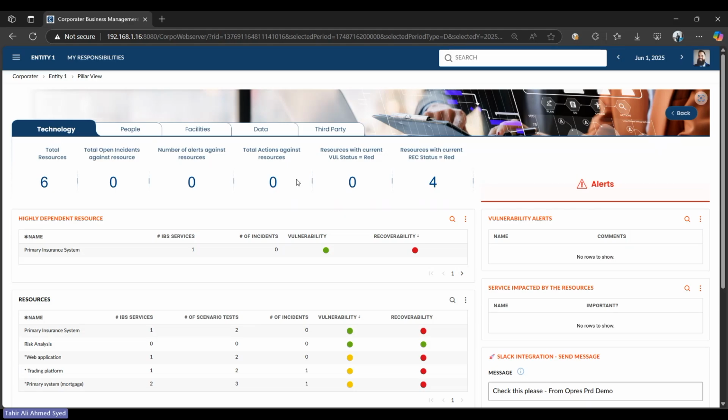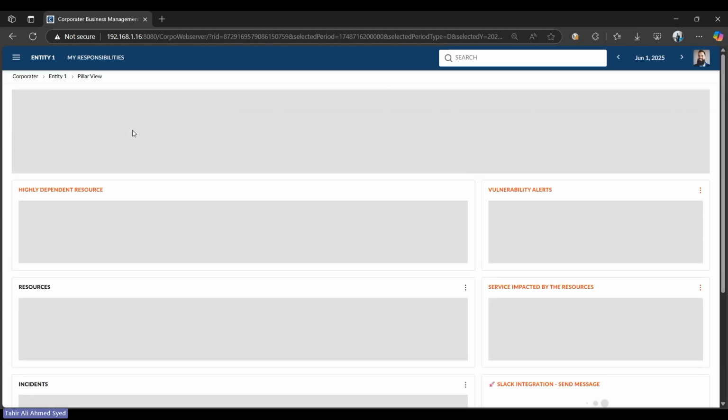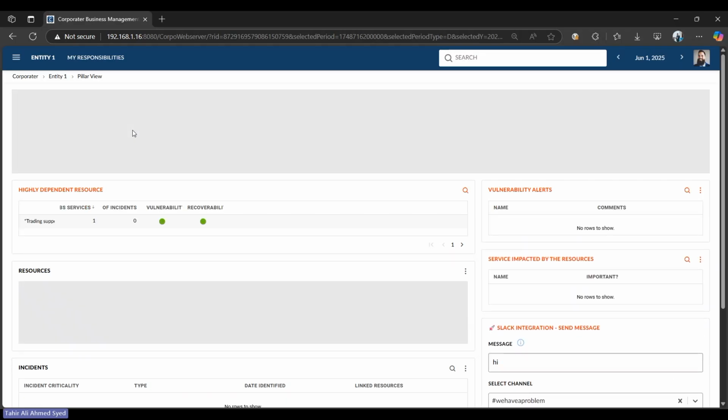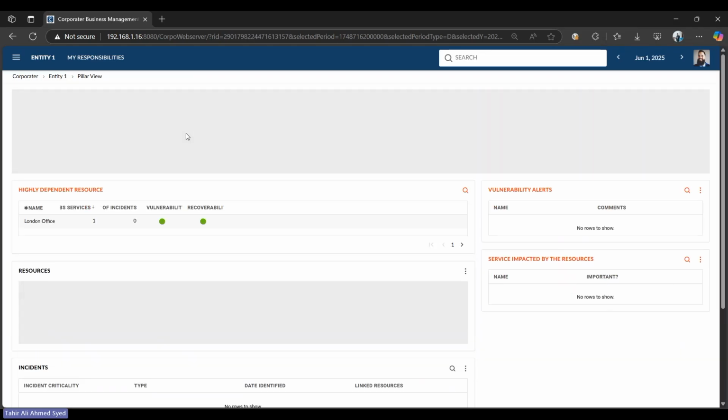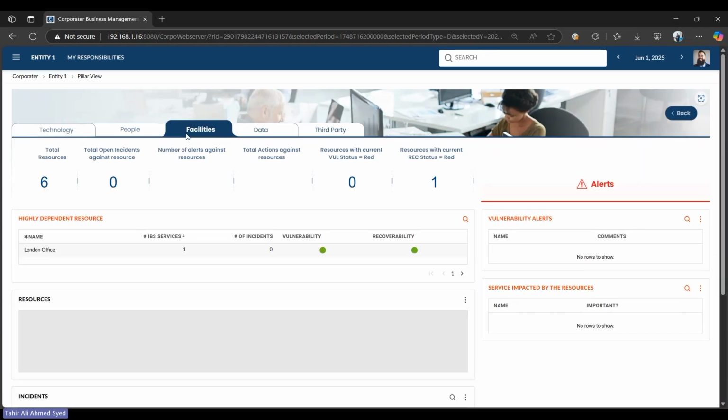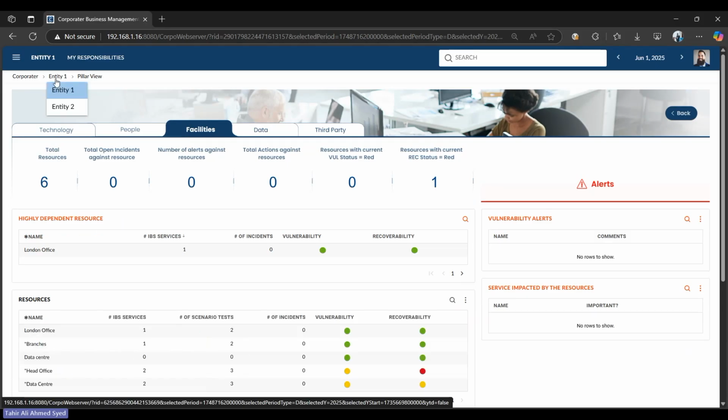Now, you're looking at this from a technology standpoint, but you can view the same picture from a people, data, process, and third-party perspective as well. So it's very powerful to look at the underlying data and map and measure how important they are from a resiliency standpoint to your organization. Right. Of course, outside of this, any custom dashboards or custom workflows that you may require to adapt the framework that you leverage in your organization, we can totally customize that and adapt that framework into our platform very seamlessly.